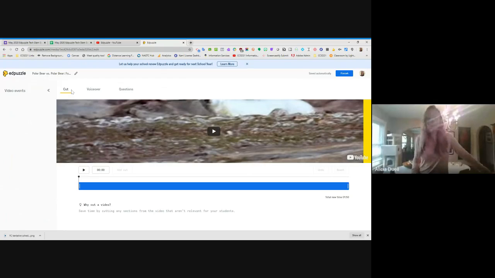I can cut, first of all. So this is trimming the video at the front and the back. I can add a voiceover where it's my own voice over the image of the video. And then I can add questions. So to do the cut,